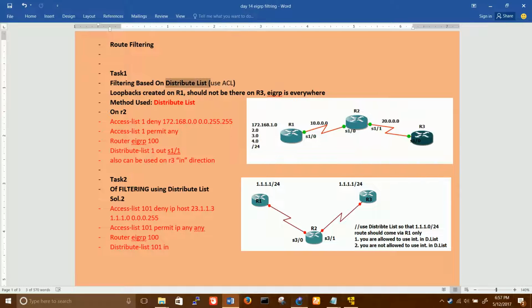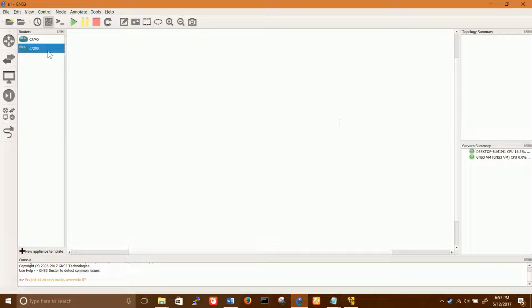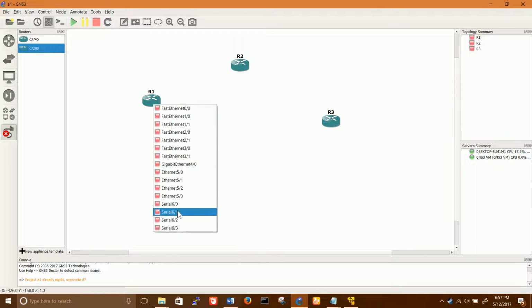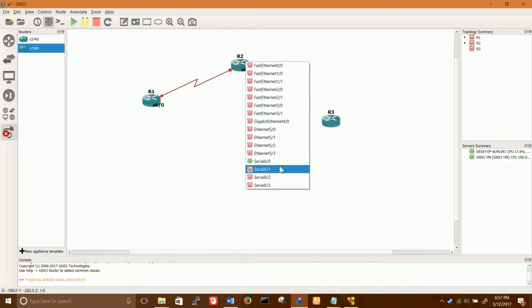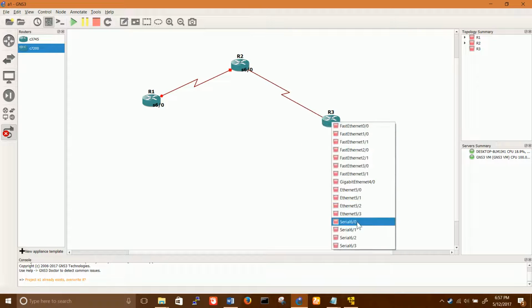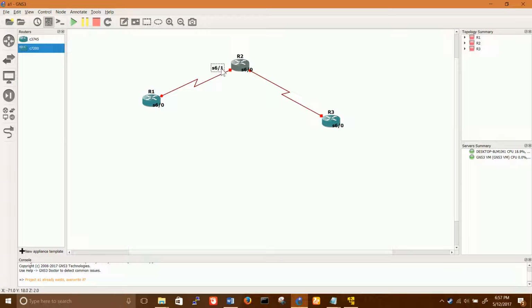So let's first create the topology from scratch. Let's take the routers in GNS3, R1, R2, R3. Let's connect using serial cables. Serial cables are not necessary, it is just in our task that we are using them. If you want, you can use serial, Ethernet, FastEthernet, whatever. Also, normal mistakes can happen. Sometimes GNS3 mixes up the interface, so just click on the link and it will tell you which interface it is. R2 serial 6/0, so it will be like this.